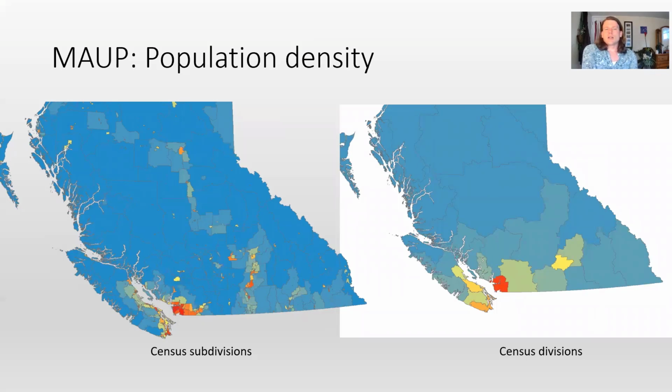Looking at things from a more applied example, we could look at population density in British Columbia. If you look at census subdivisions, you can see some finer resolution detail. You can see some higher density within regions of the interior. You can see Prince George and all that, some more dense population on the island. But if you look at census divisions instead, which are a larger block group, then some of that variability is lost, right? And so the choice of boundaries and how many to use when looking at certain values impacts the way that we perceive information.